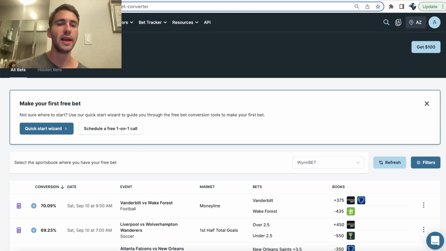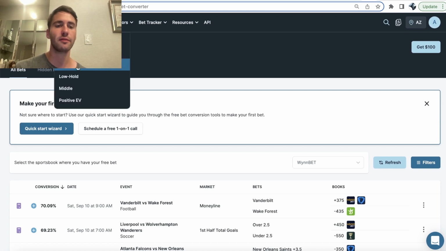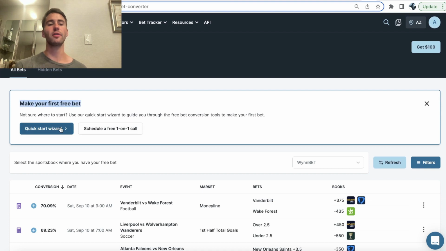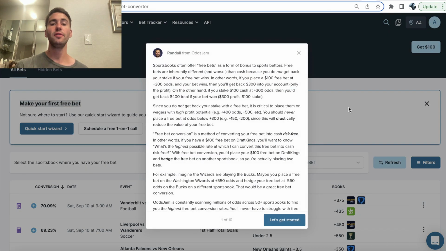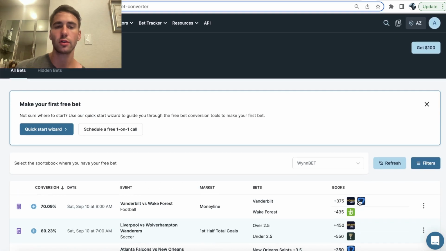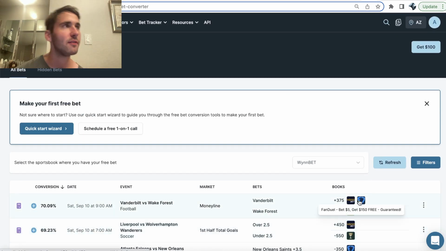The first one is you can use a free bet converter, right? OddsJam has this awesome tool. It's called a free bet converter. There's a little quick start wizard if you want to learn more about it. Essentially, what a free bet converter does is it tells you, hey, if you wanted to hedge your free bet on a different sportsbook and just make a risk-free profit, here's how you could do it